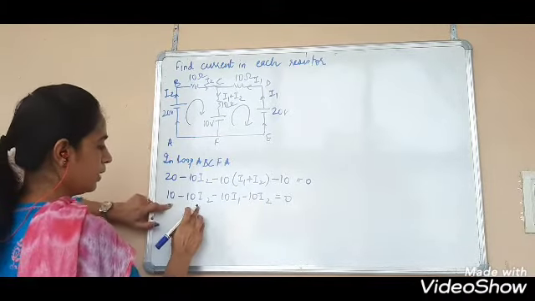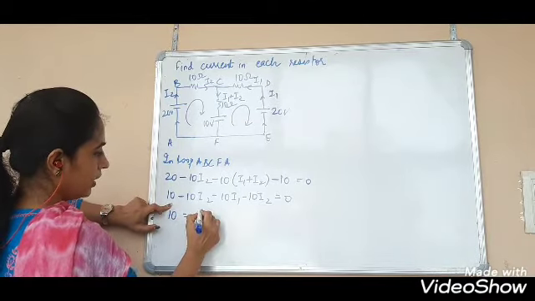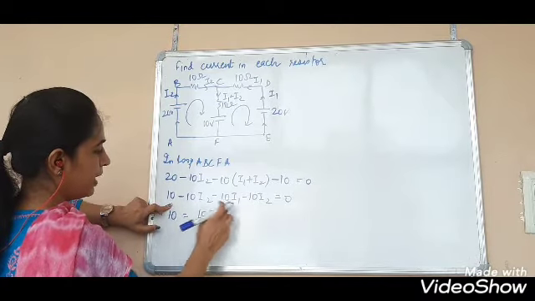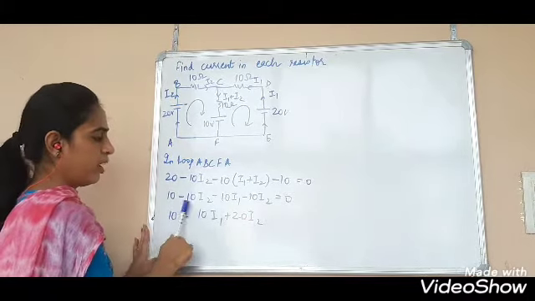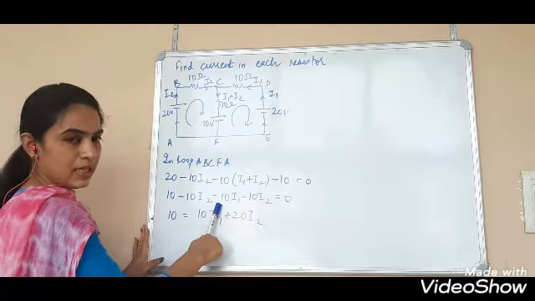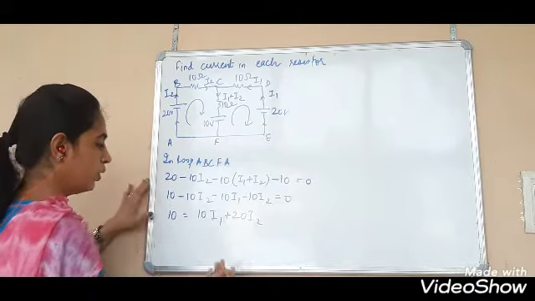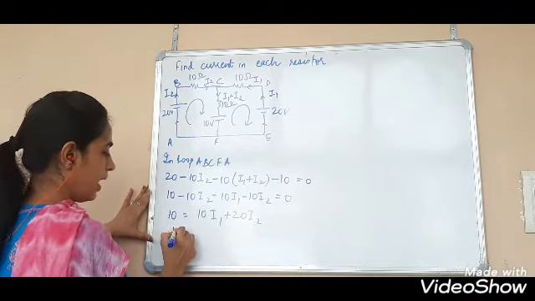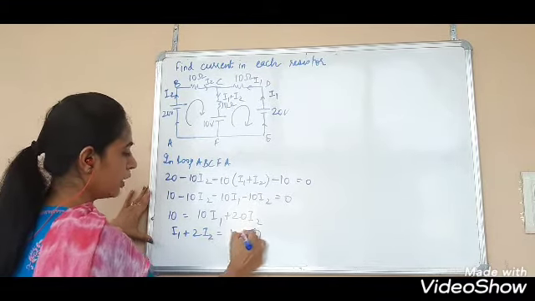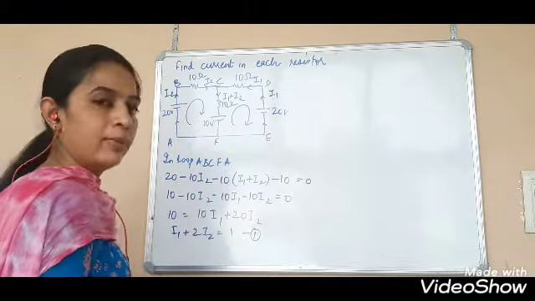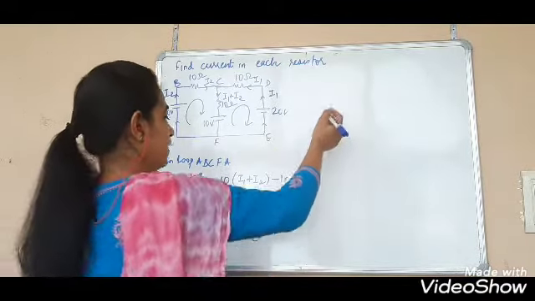Right? So that is 10 is equal to, you can take it the other side, 10 I1 plus 20 I2. On this side it would have been minus 20 I2 minus 10 I1; when you take it on the other side, it will become positive, plus 10 I1 plus 20 I2. Dividing by 10, you will get I1 plus 2 I2 is equal to 1. You can call this equation 1. We will have to solve simultaneous equations because there are 2 currents and you are solving for 2 to find the current in each resistor.